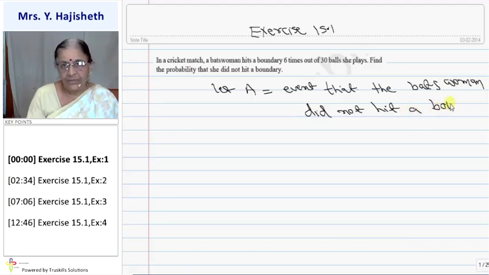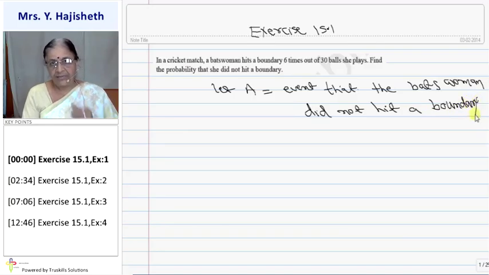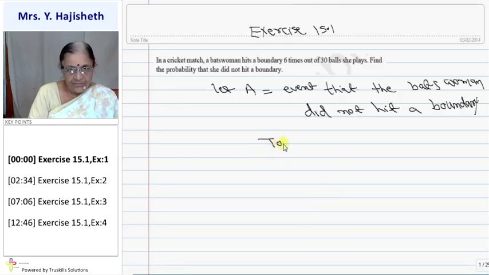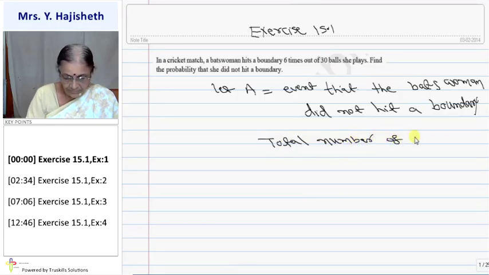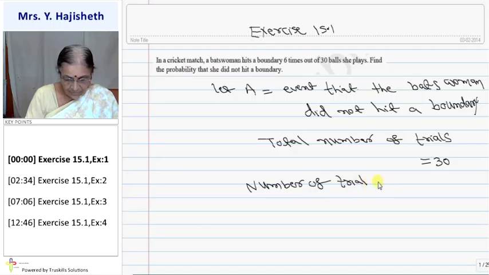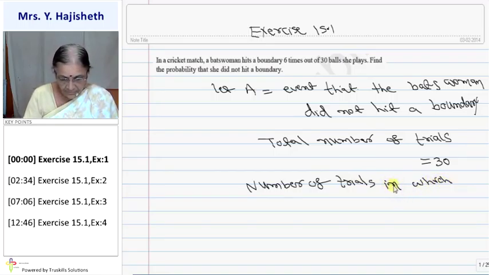I assume A is the event where the batswoman did not hit a boundary. Total number of balls are given. Total number of trials are given as 30. And the number of trials in which event A happens